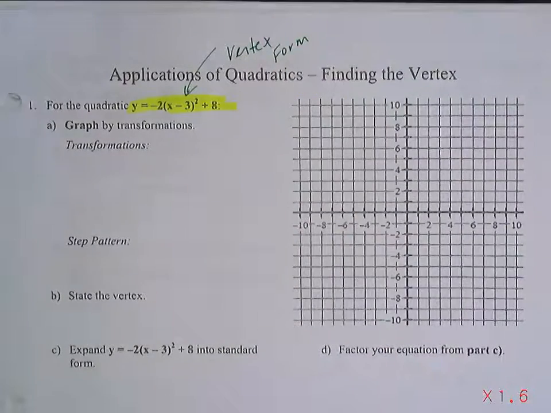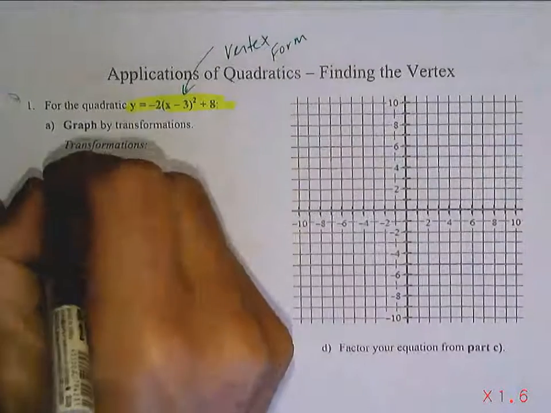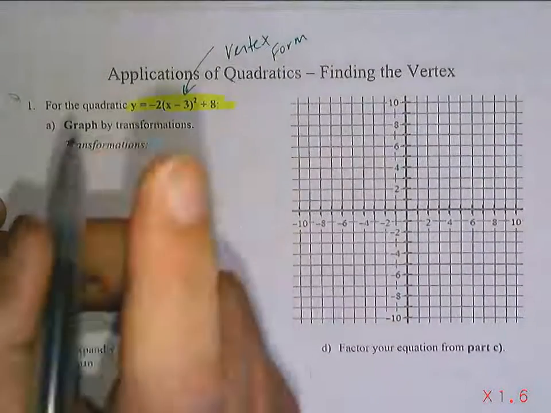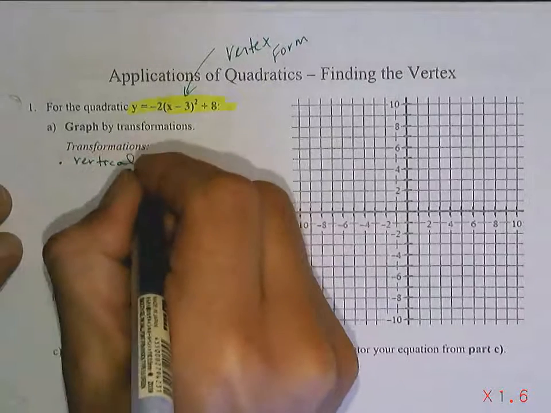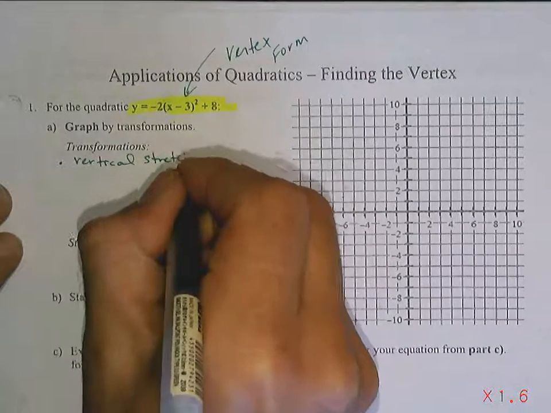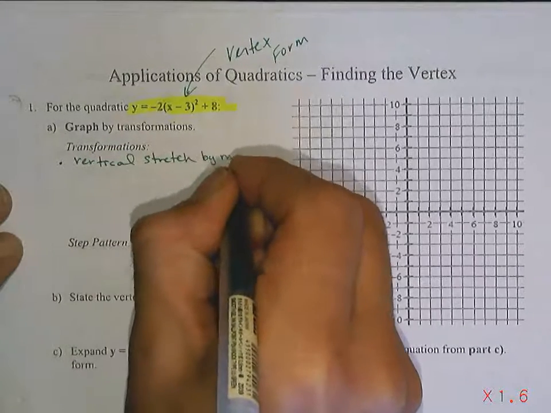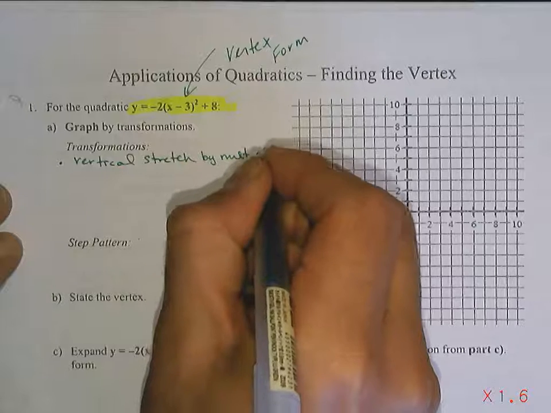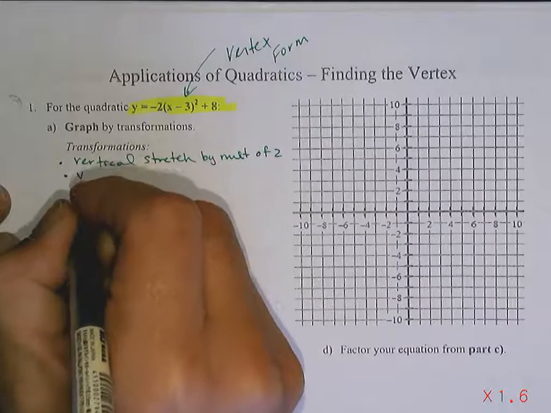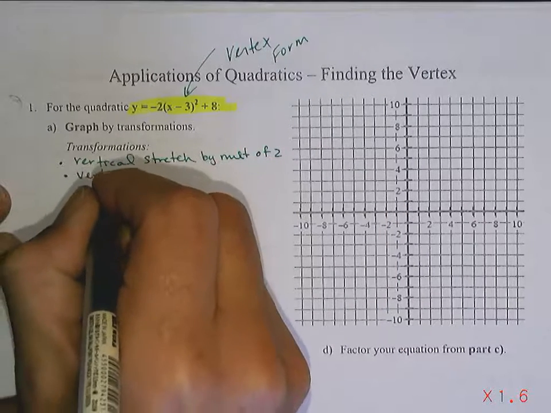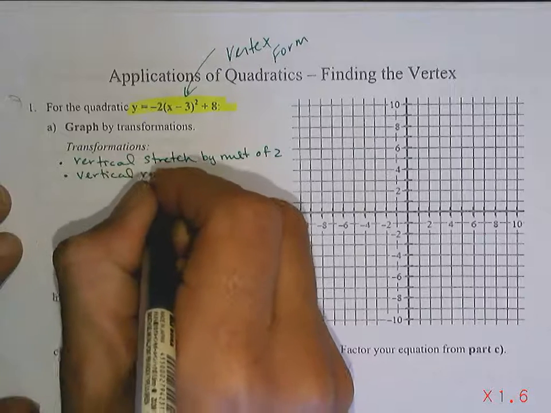Graph. Oh, graphing, yay. We haven't graphed for like 5 hours, maybe 7. Okay, let's graph. Transformations. What do we have going on here? We have, in order, a vertical stretch by a multiple of 2. We have a vertical, well, say I've never called it that before, a vertical reflection